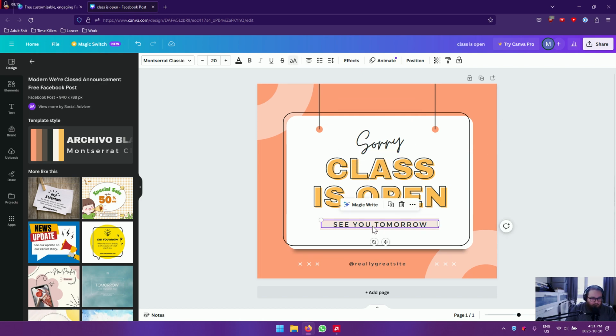Leave the sorry there. And we'll change the text on the bottom to don't forget your pillow. Now, this is kind of funny, and I want to fit all of this here, but notice